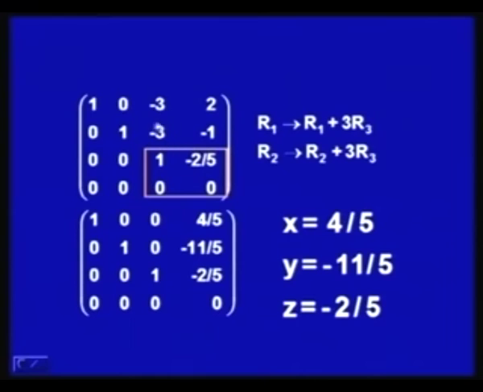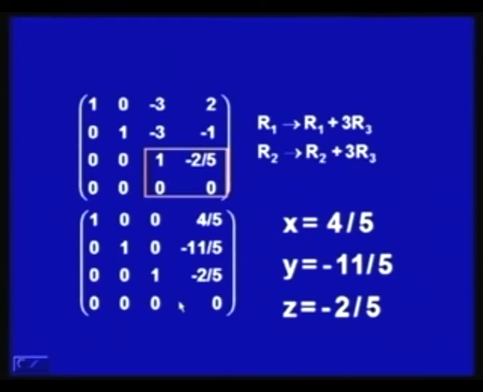So, after applying these two operations, I will be having this echelon form. This is the coefficient matrix, this is the right hand side. We will have 1 as the leading element here in the third row, all these elements 0 here, this is the second row and this is the leading one in the third row.